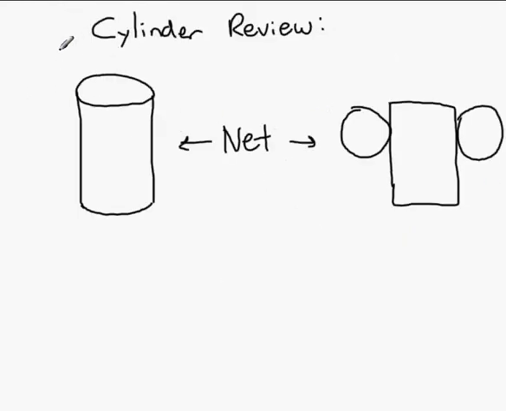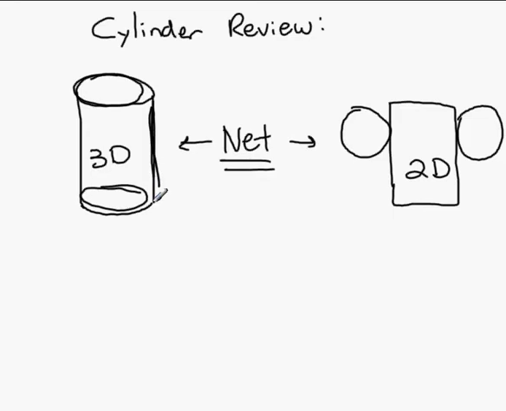A little bit of cylinder review. Net. The term net means a 2D shape that is folded and transforms into a 3D object. In the case of a cylinder, the 2D net is made up of a rectangle and two circles. These two circles are congruent. They are exactly the same. When you fold it up, you get one of the circles on the top, one of the circles on the bottom, and the rectangle in the middle. So that's kind of important because that's going to tell us the shape of our base right here, which is